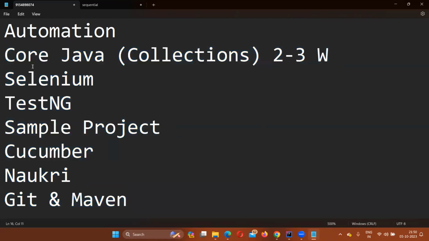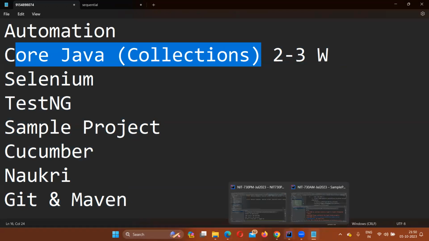Okay, so first will be core Java. 2 to 3 weeks of core Java till collections. Collections जो है array list, set, hash set, okay, even map interface, hash map. ये यहाँ तक, this is till where we are going to cover roughly some 35 Java programs. I have to tell you, इतना सारा Java cover होगा तुम्हें.